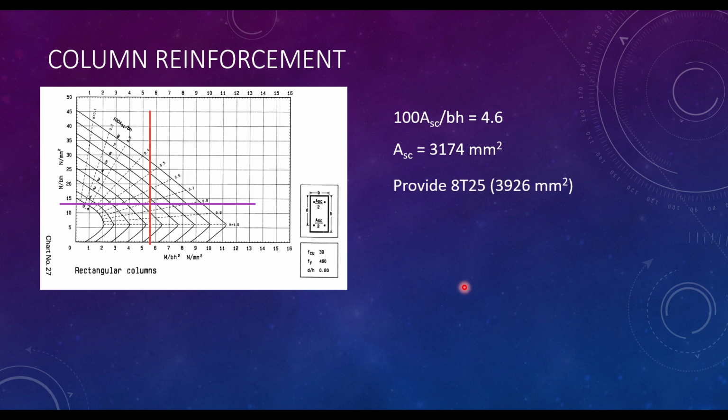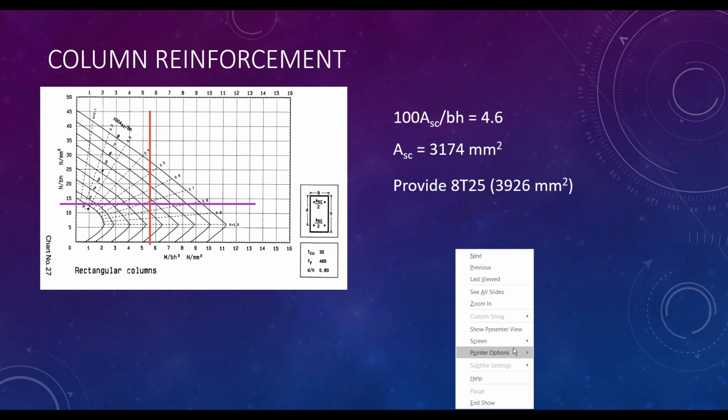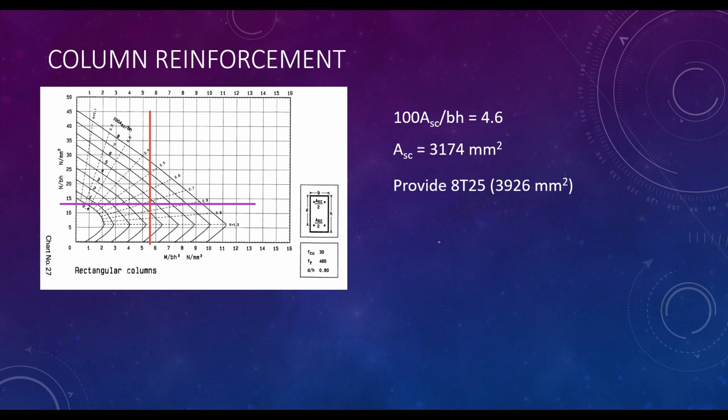In that case, we are going to provide a reinforcement of 8 number of 25 diameter reinforcement, which gives us an area of 3926. So based on this, we can now say that our column, when designed to be slender, requires 8 number of